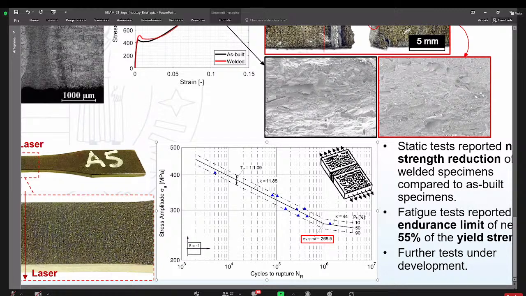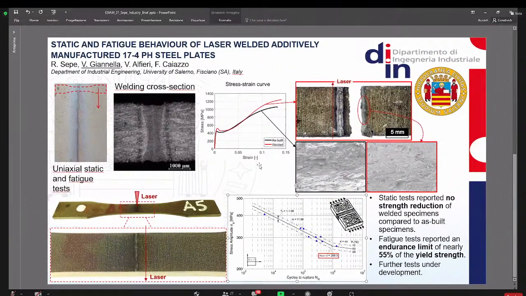Okay, thanks. If I may, I have a quick question. My understanding of the concerns when producing 17-4 PH steel in AM is the formation of precipitates, composite precipitates. Did you do any detailed microstructure analysis across the weld to observe